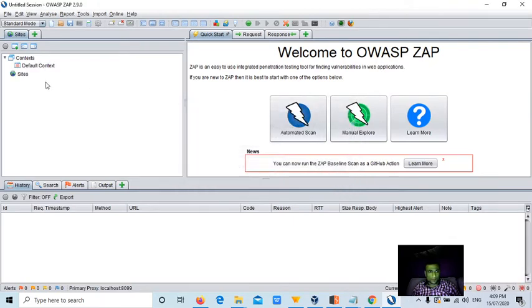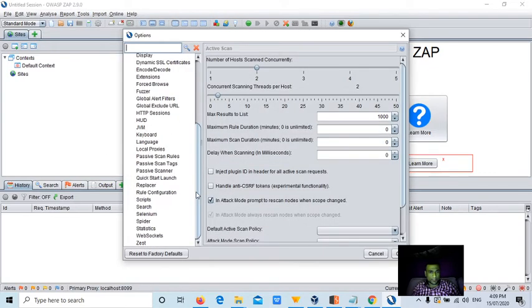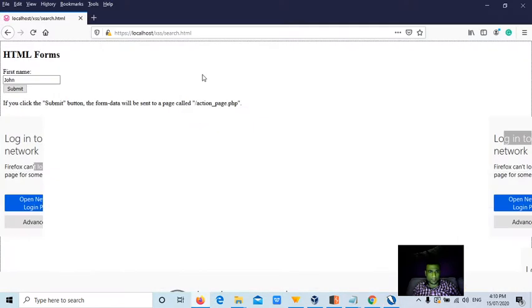Now tools, within the proxy, we'll see whether the port number is the same or changed. Local proxies 8099. That's fine. I think last time we enabled this tool. Let me disable this tool. This is not a big concern, guys.